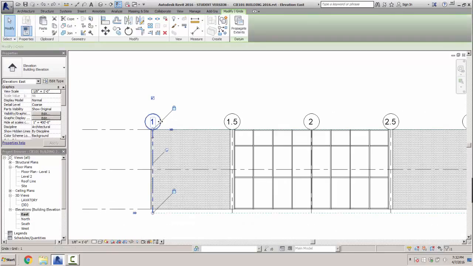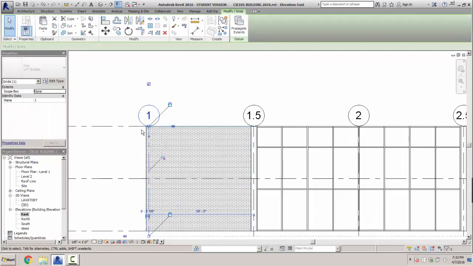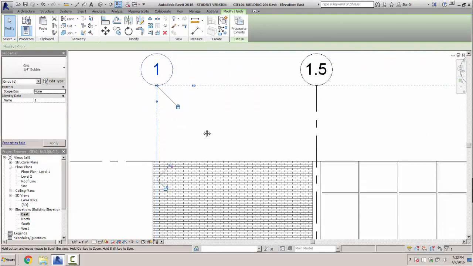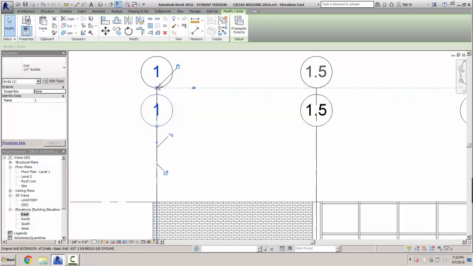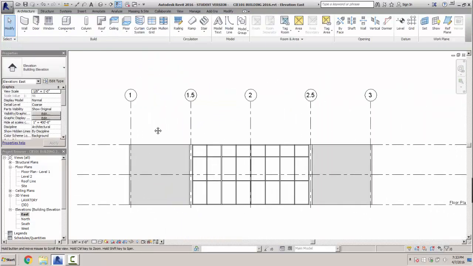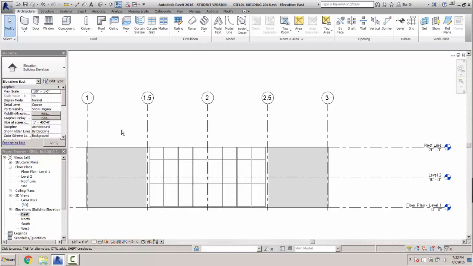So if I select this one, you can see it's pinned now. We unpin it. We're just going to bring our column lines up. I'll bring them up a ways and then just repin it. That gets those out of the way. So now we're going to